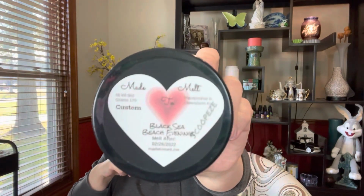Then, of course, I really wanted to try this one. This was the very first one I put on the list. Like the other ones, I kind of went back and forth. We were trying to pick scents, and maybe one of them might have been out of stock or something like that. But this one was first on the list. I was like, I want this one. And this is Black Sea and Beach Evening. I love her Beach Evening. It smells so good, and I love Black Sea, so...